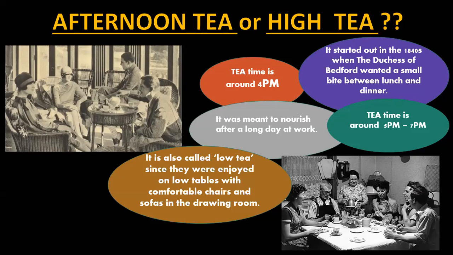So we have a lot of afternoon answers. So the afternoon tea is around 4 p.m. But let's go to the green one, where we have around 5 till 7 p.m. This is the high tea. And remember this information, because at the end we will question ourselves for the reason why these different ceremonies have been set and scheduled into these two different timetables.